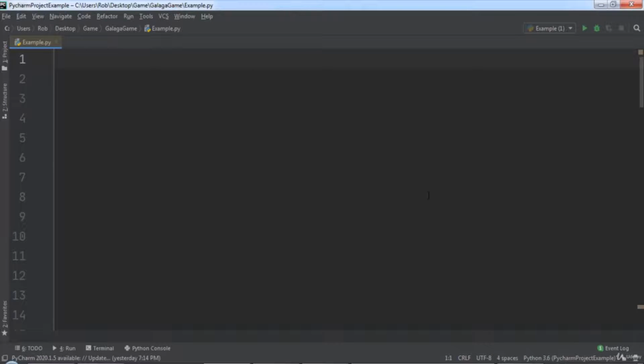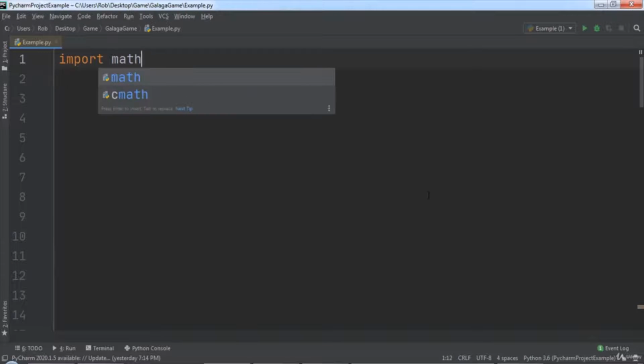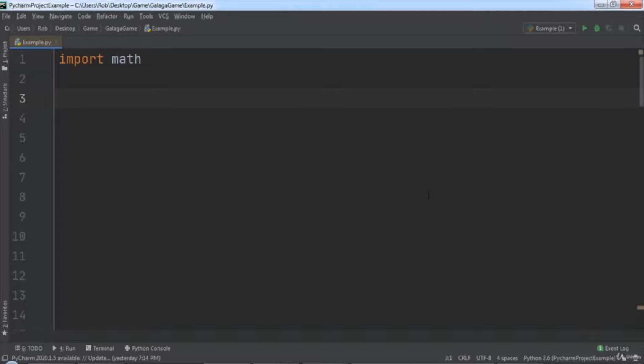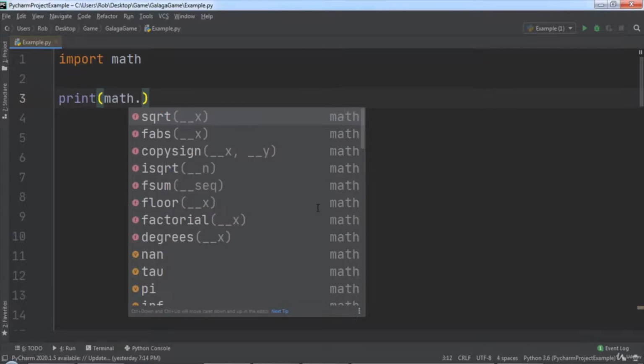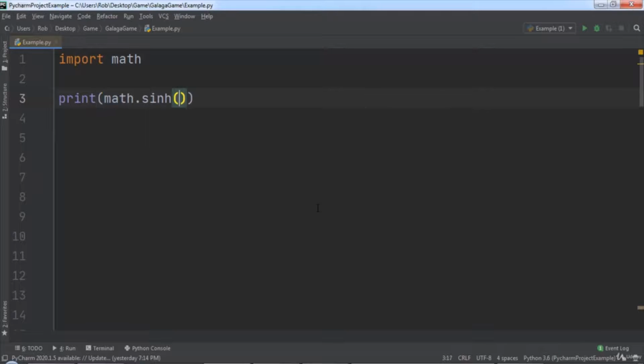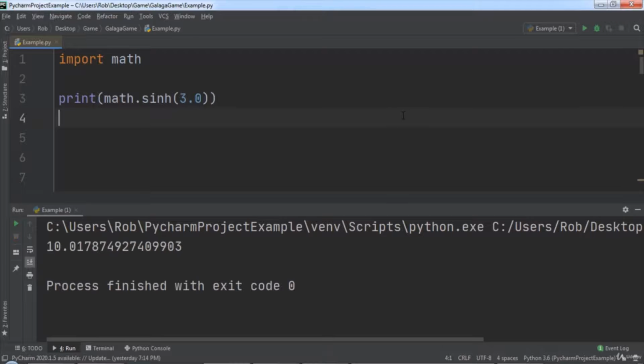At the top of the program, we will import Python's math module by typing import math. The sinh function will return the hyperbolic sine of the value we pass in. For this example, we will use Python's print function and print out the hyperbolic sine of 3.0 using the math module's sinh function. When we run the code, you will notice that the value printed is the hyperbolic sine of